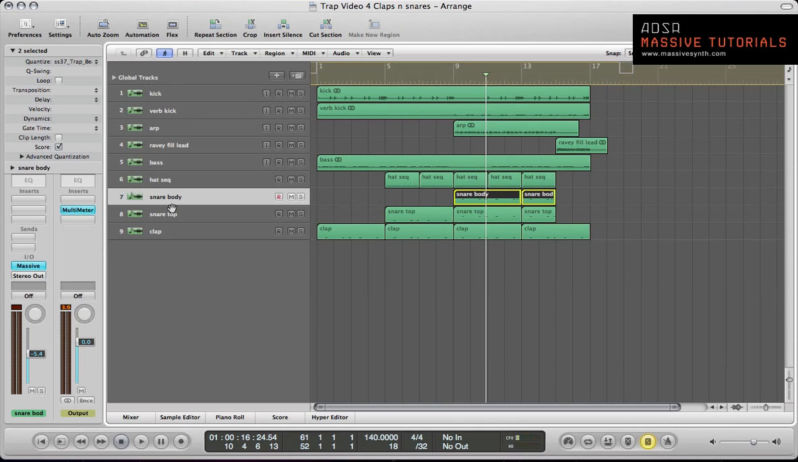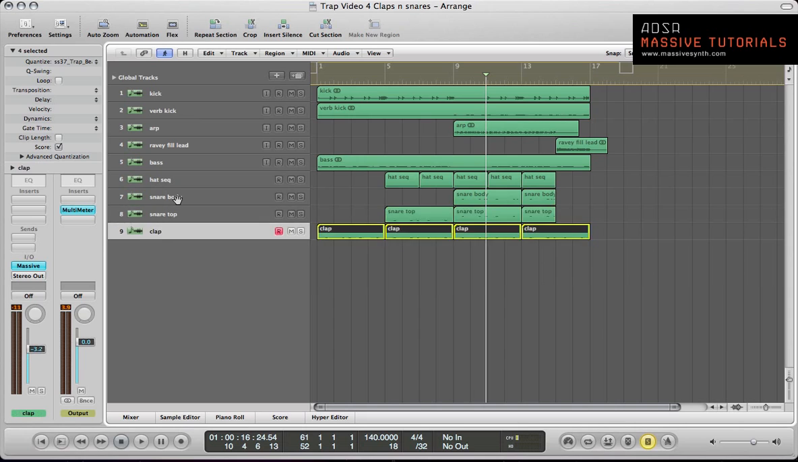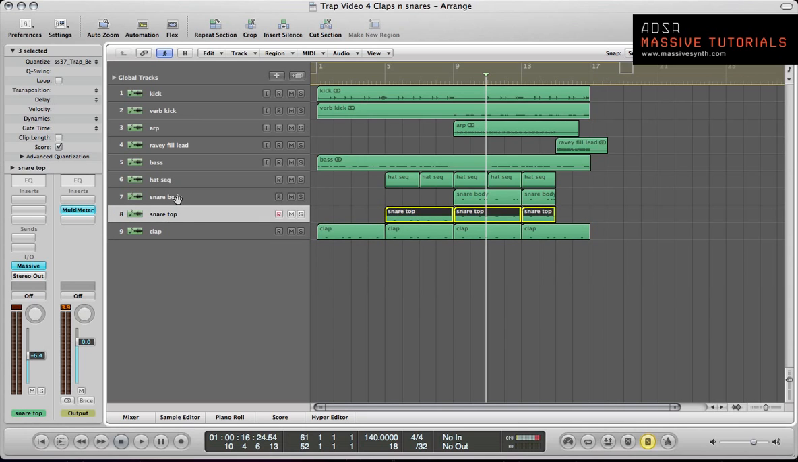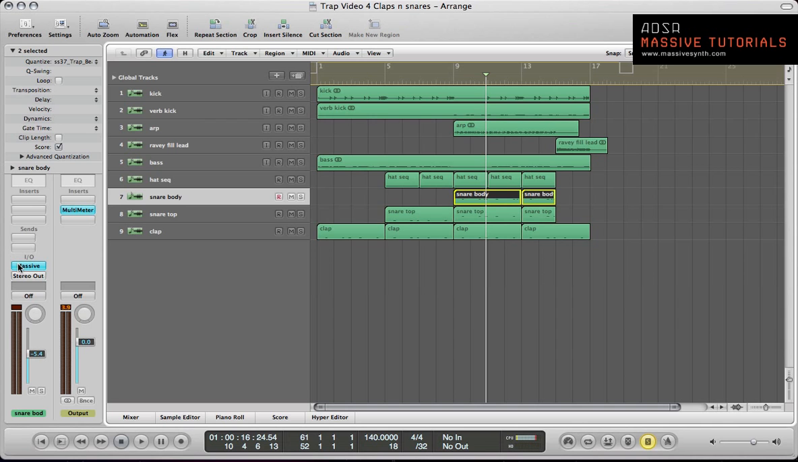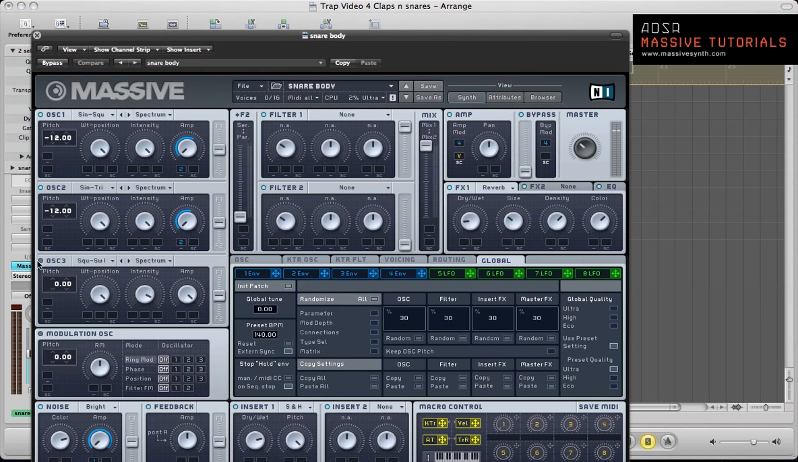So we'll start off with the snare body. So this is just the lower end of the sound, the lower end weight, and then these guys are just going to take care of the mids and high mids, just to fill the sound out really. So let's open up this Massive here,